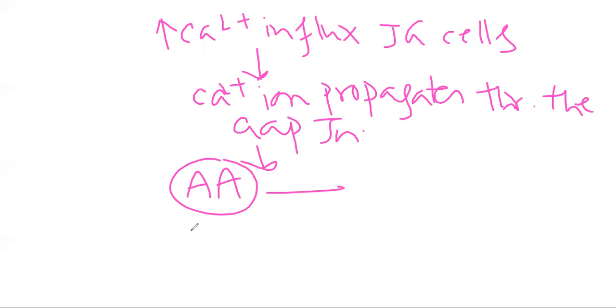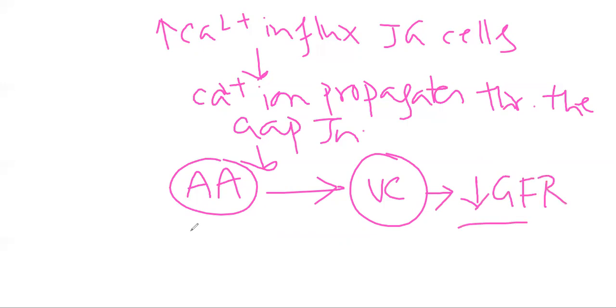And this afferent arteriole, due to presence of this calcium ion, will constrict. So vasoconstriction will occur in the afferent arteriole. So as there will be vasoconstriction, the GFR will be reduced, or we can say GFR will be normalized. On the other hand, if the GFR is reduced during sleeping or during exercise, this mechanism will not work.